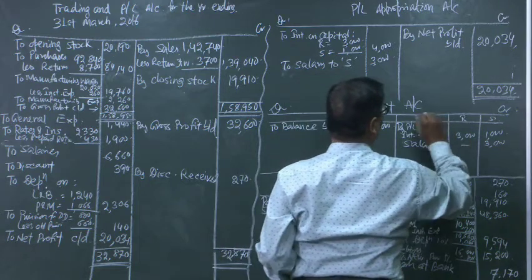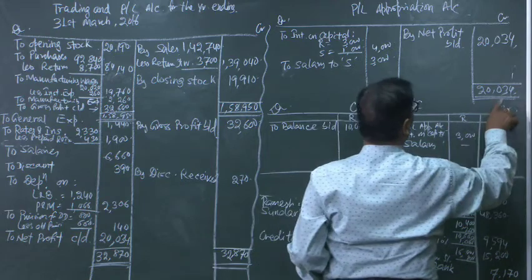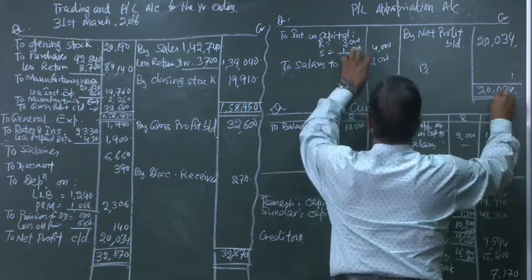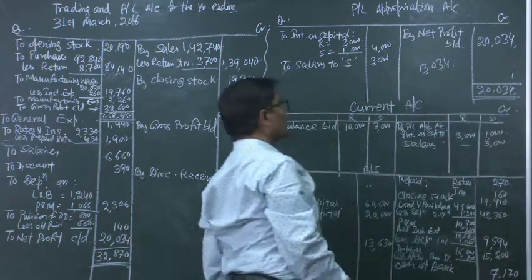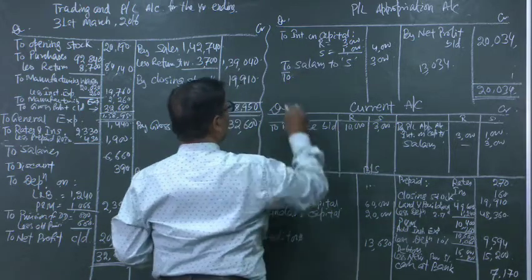So, that is coming to 13,000, 20,000 minus 7,000, 13,034, and this 13,034 will be transferred to their current accounts